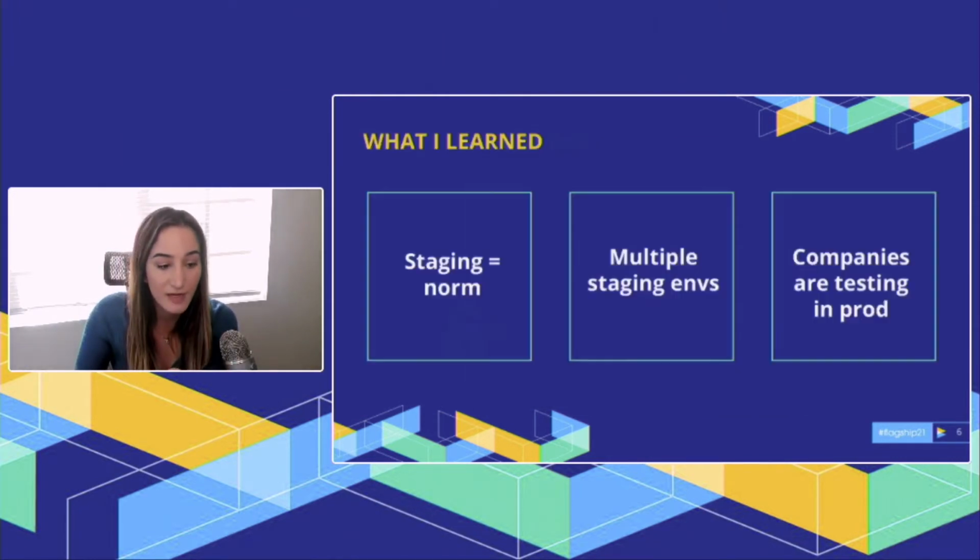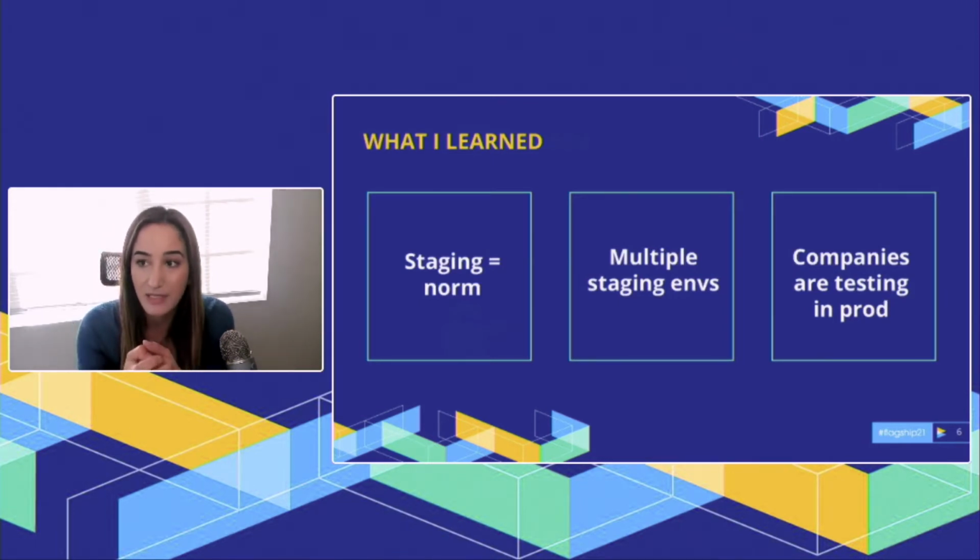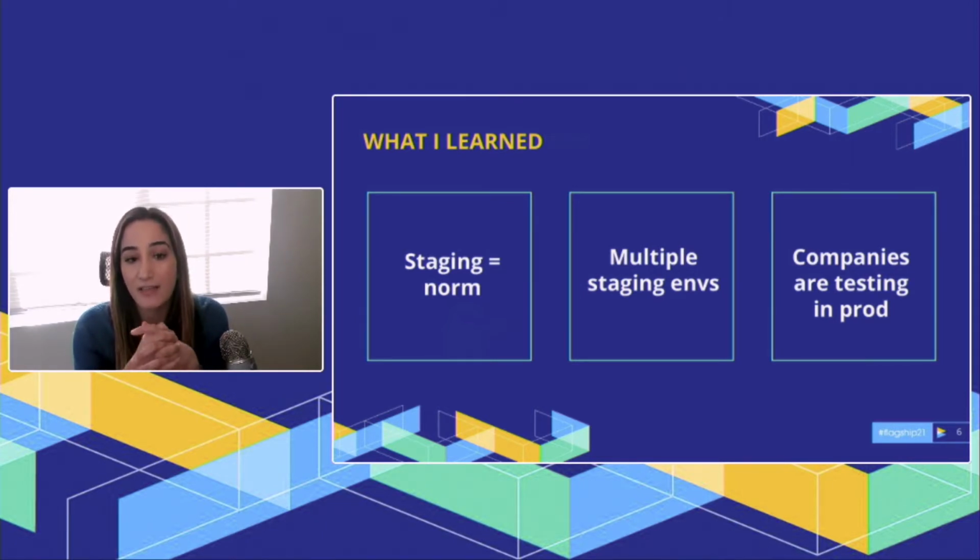And I was so fed up with dealing with a really horrible testing experience and a really horrible staging environment and being blamed for when things didn't work. And so I thought that there has to be a better way to test software. We're doing something wrong. And this is what I learned. I did a ton of homework and researched what other companies are doing. And these are some of the things that I learned.